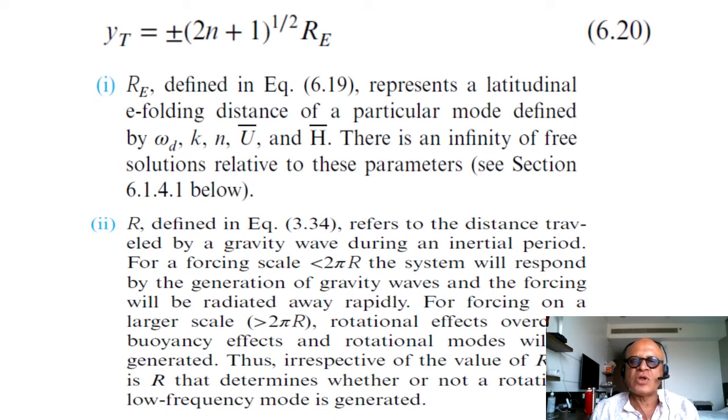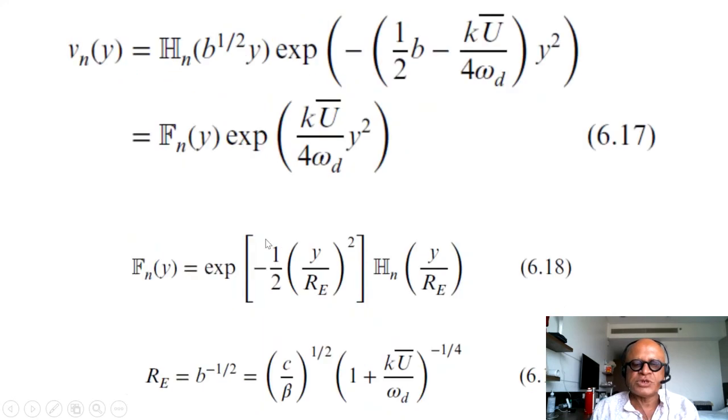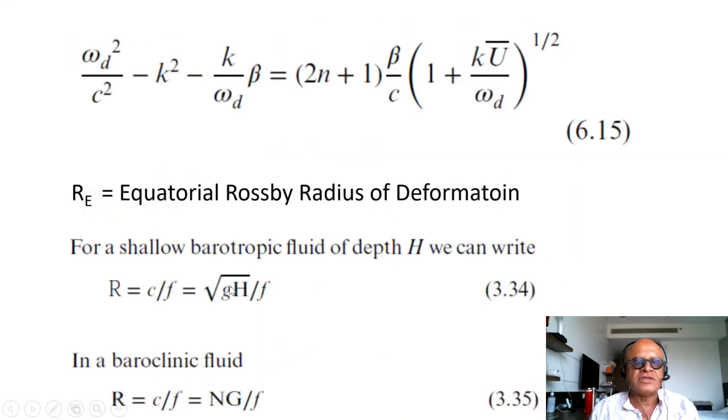Linearized shallow water equations. So this is a function of Doppler shifted frequency, zonal wave number, meridional mode. Well, there are multiple modes, 0, 1, 2, 3, and so on, which is related to the Hermite polynomial as a solution, basic state, and the depth. So there is an infinity of free solutions relative to these parameters. R defined in 334, that is the equation we saw here. Okay, this equation